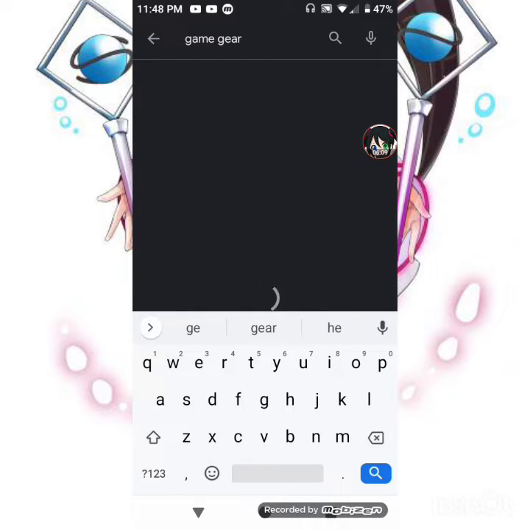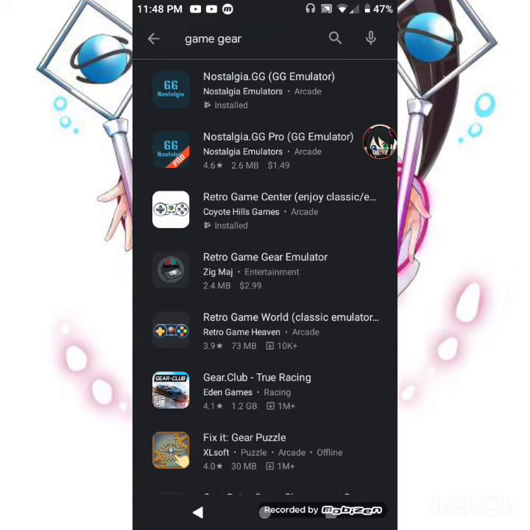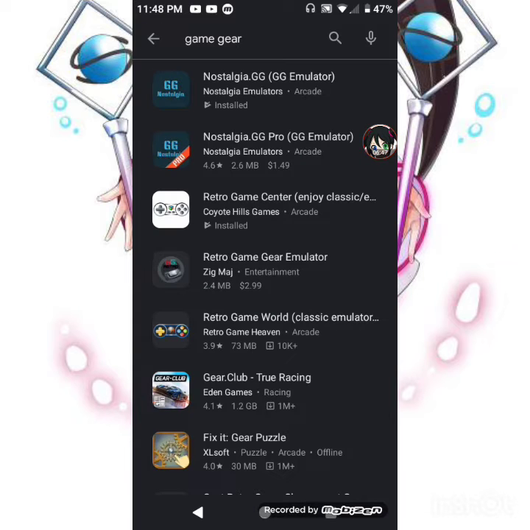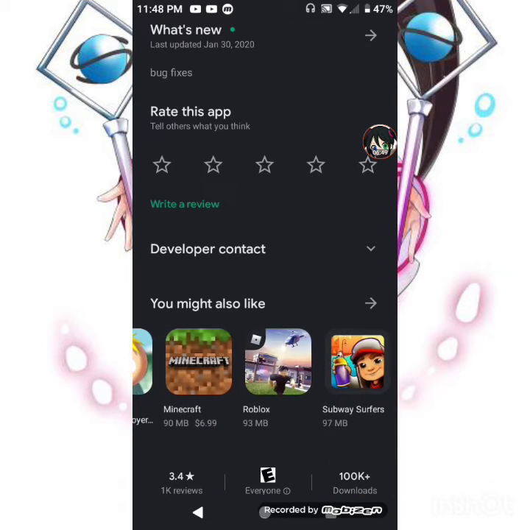Game Gear. This is strictly for Sega, but if any Nintendo YouTubers watch this, which, why are you on a Sega channel, first off. Second off, this is pretty much how it works for almost all of them. Like I said, this one right here, if you're looking for an all-in-one and you're not like me, I really don't like all-in-one emulators, but some people do. But you're gonna need this one for certain consoles like Sega CD and 32X. This is a Game Gear emulator. This will emulate Game Gear,